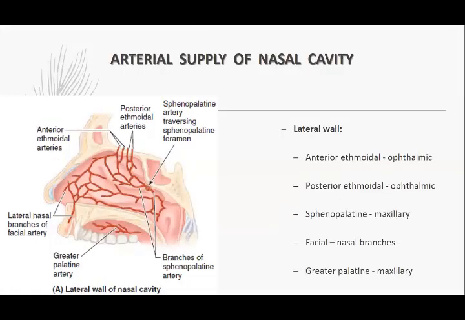Blood supply पर आ जाते हैं, blood supply of the lateral wall of the nose। पहले lateral wall पे कर लेते हैं। ये देख लीजिए, ये anterior ethmoidal artery है, ये भी ophthalmic की branch है, ये posterior ethmoidal artery है, ये भी ophthalmic की branch है, ये दोनों ophthalmic की branch हैं। Please remember one thing, besides remembering the names of these blood vessels, आपको ये भी बताना है कि ये किसकी branch होती है।